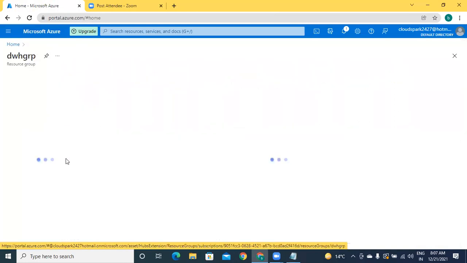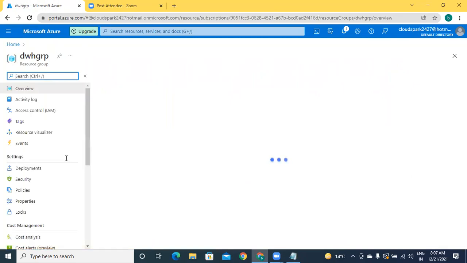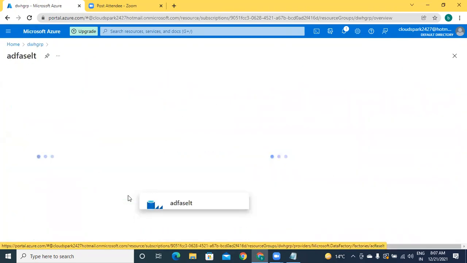It's my resource group. From this, I am starting our regular ADF instance.